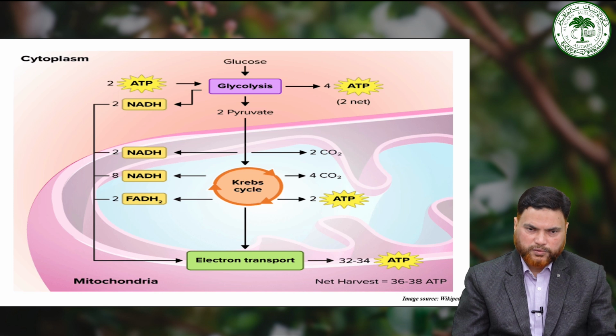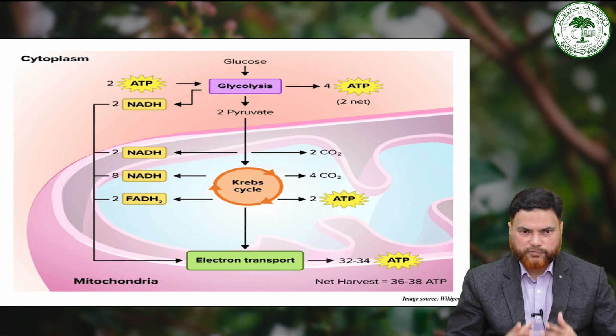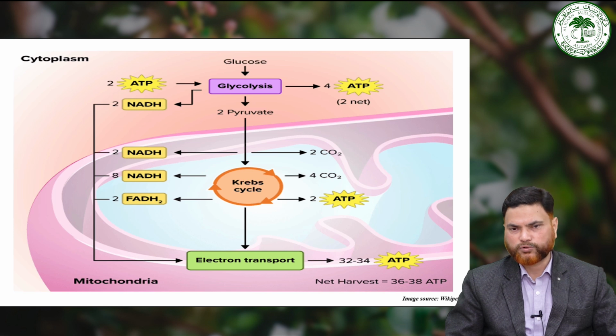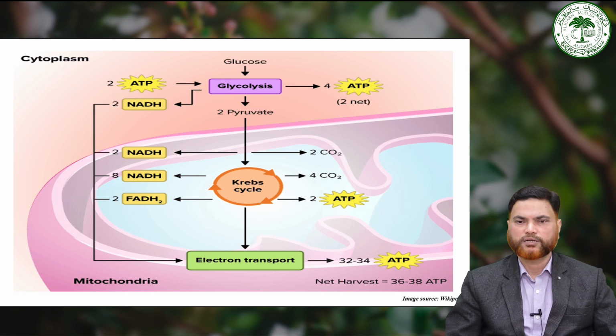Now third one is oxidative phosphorylation, and this is the most significant stage that occurs in the inner mitochondrial membrane. And you see that the seat of all these three processes, namely glycolysis, Krebs cycle and electron transport, is different. And you must remember at this point that this electron transport chain or oxidative phosphorylation takes place in the inner